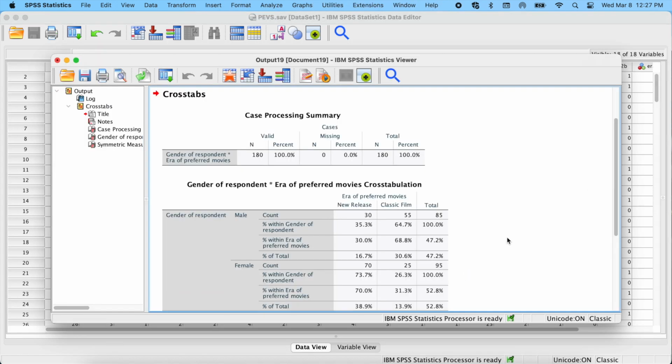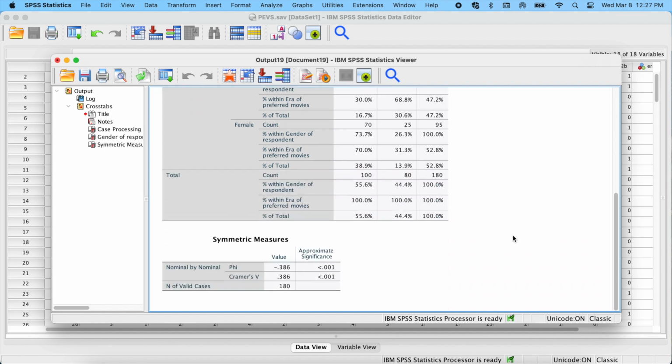As with all statistical tests, the first result to look for is a significance figure associated with the test score. If the significance figure meets your preset criterion, you will need to report your test results in your research paper. You will find the significance figure here.